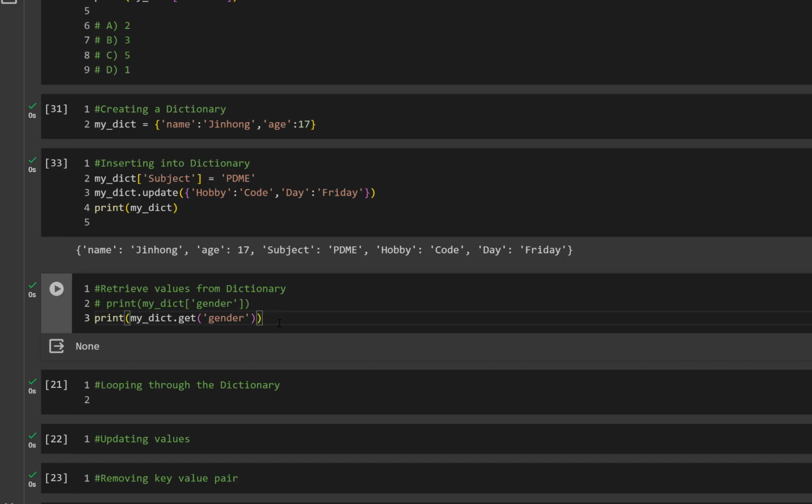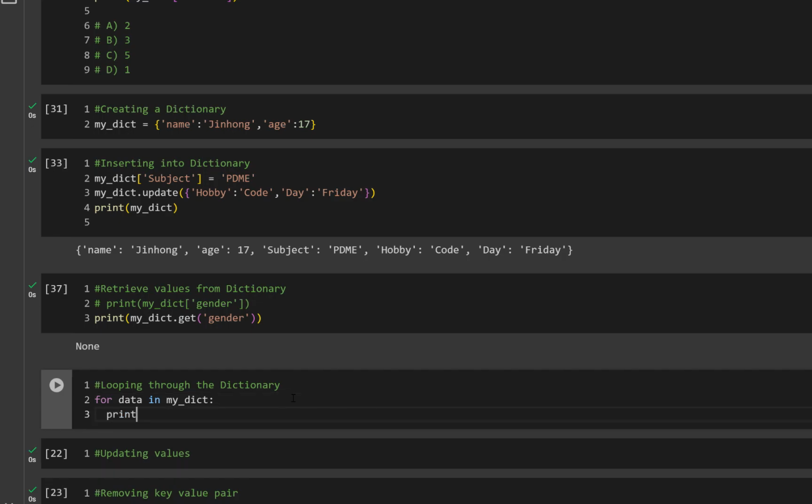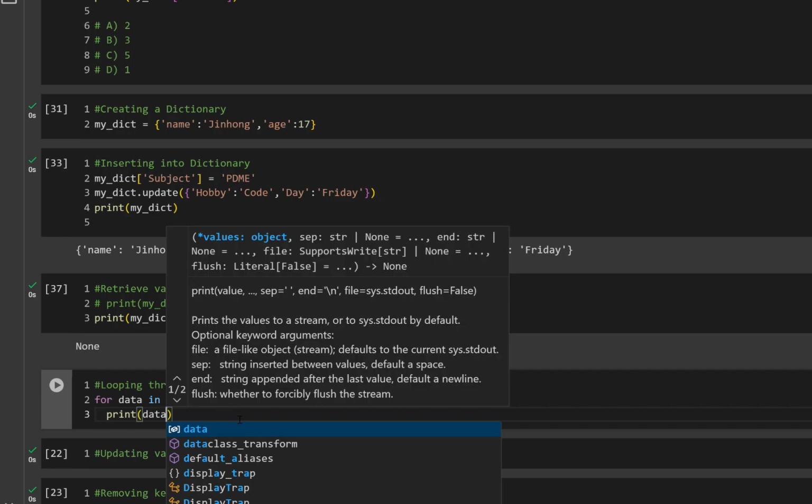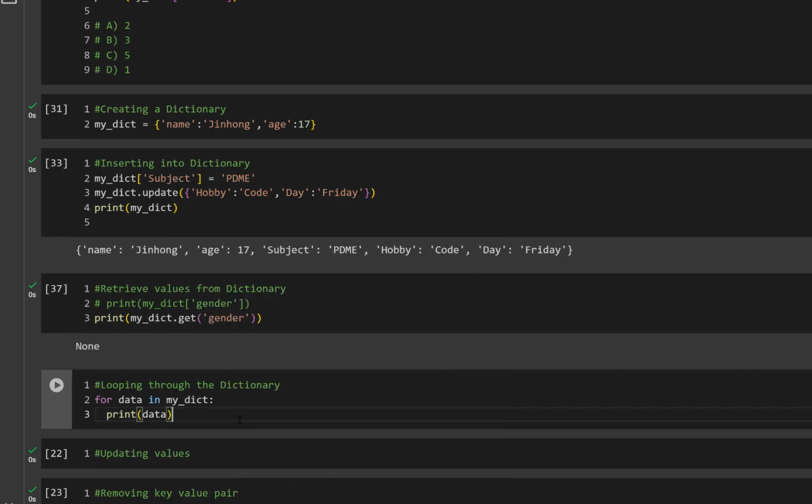So now we'll be doing looping through the dictionary. How do we loop through the dictionary to output everything we want? There are many ways to do this. Firstly, when we do a for loop for just the dictionary itself, let's say for data in my dictionary, then print data. What this does is that it'll go through and only output the keys that are within the dictionary,